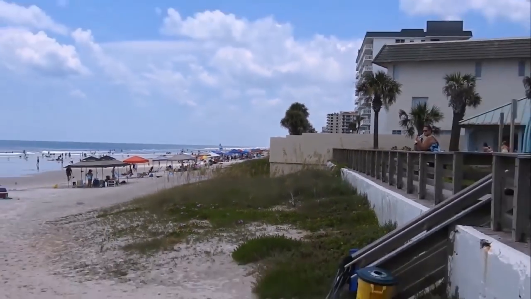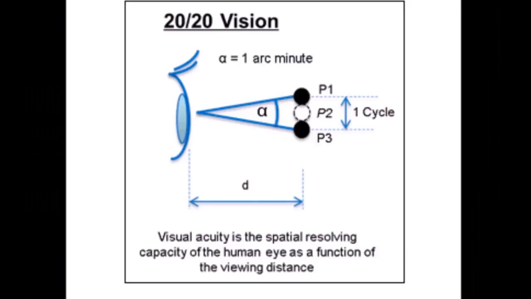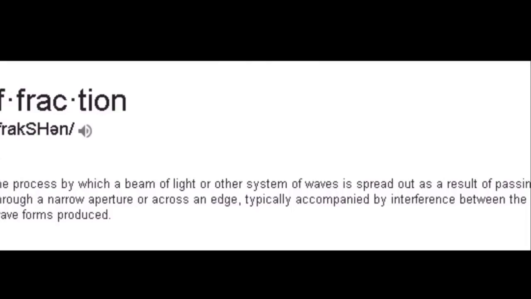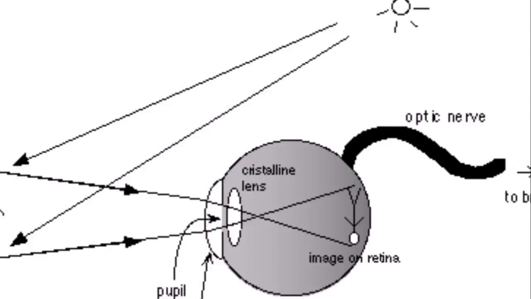So I've been looking into the topic of this video for a while, and I really wanted to introduce the concepts of angular resolution, visual acuity, and diffraction as they apply to the horizon, so that these laws of physics, light, resolution, and perspective can be taken into account and hopefully further developed in order to better understand our Earth, and also to help dispel some of the tired old myths of ships and buildings disappearing over the edge of a ball Earth.